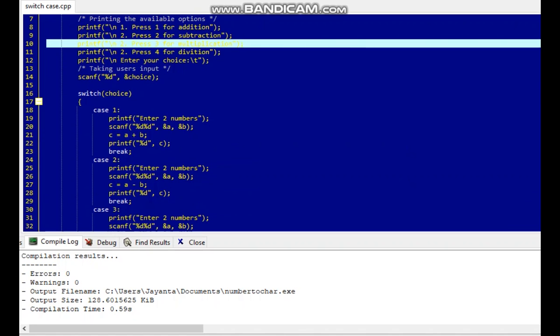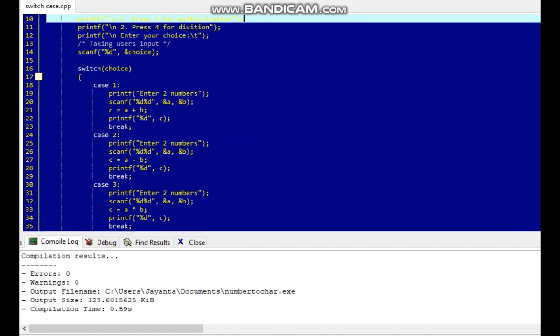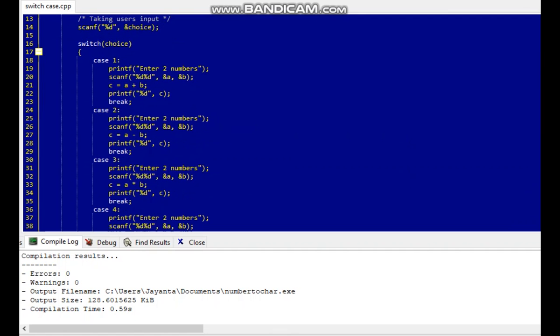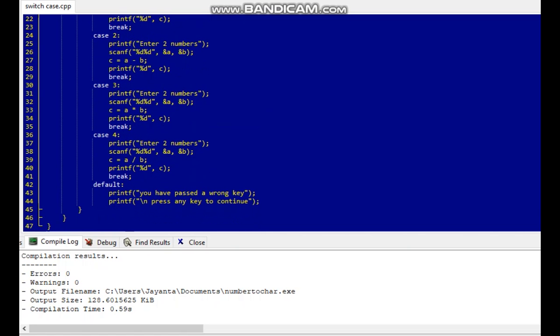In case 2, the subtraction will be done the same as the summation. In case 3, the multiplication will be done, and for case 4, the division will be done. And the default statement will say that you have passed a wrong key. If you give the value 5 here, then this message will be shown.